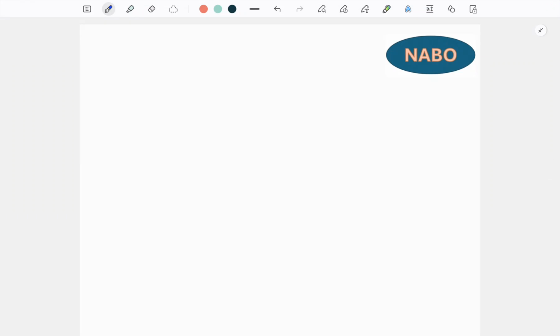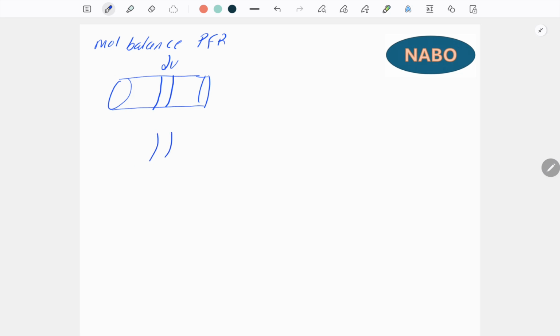Hello everyone, in today's video we will do a mole balance of a plug flow reactor, which is PFR. PFRs are tubular reactors where the concentration changes horizontally and does not change vertically. We also need to consider that we'll be using a small section of the reactor as our volume. We'll call it dV. So the small section